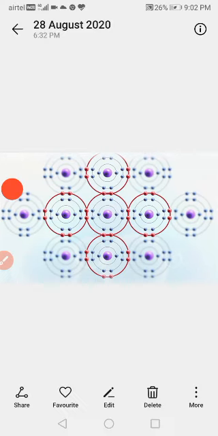These electrons in the last energy level will form an energy band which is called